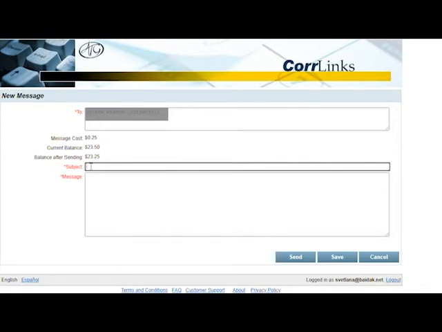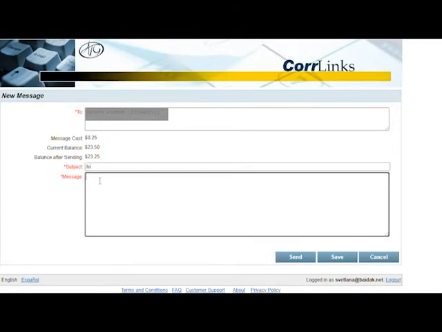So you have to put your subject in here and your message in here as well. So if you want the inmate to answer you by handwritten letter, make sure that you put your address in here, because obviously they won't see it. They'll only see whatever you wrote. And then you would click send. You can also save it, and that would be in your drafts folder. The drafts folder only stays for a short amount of time, so somehow that's not always great.